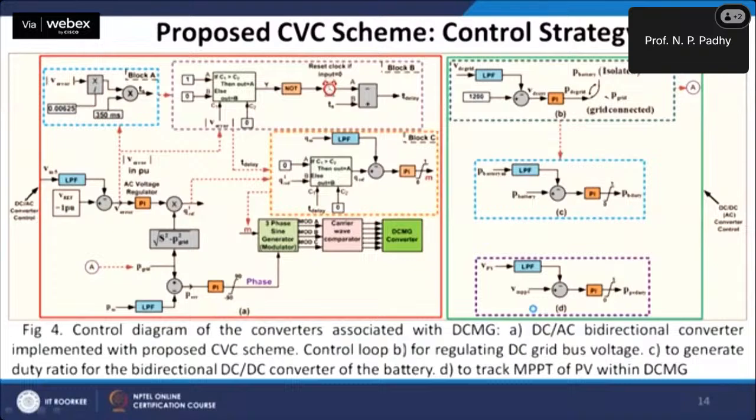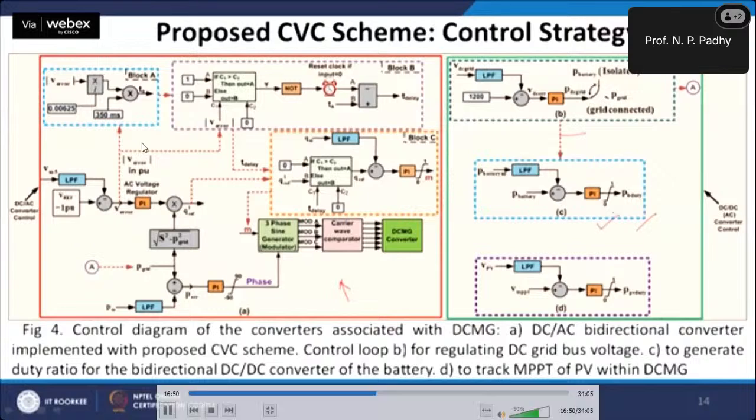And this is what the proposed CPC scheme does, because most of the control schemes we have discussed in the past, so I'm not taking a lot of time here. But as a whole, you can see that this is basically a DCSC bidirectional converter implemented with the proposed CPC scheme. And here we talk about the modeling for the DC grid bus voltage, the degenerate duty ratio for the bidirectional DC-DC converter of the battery, and the final one talking about the track